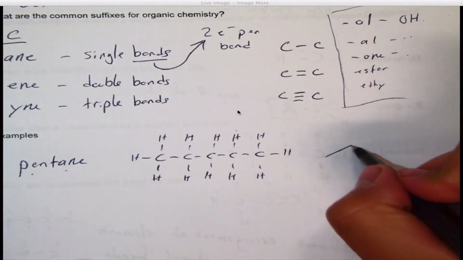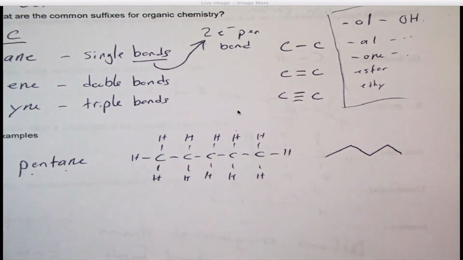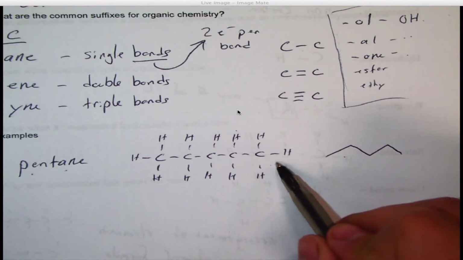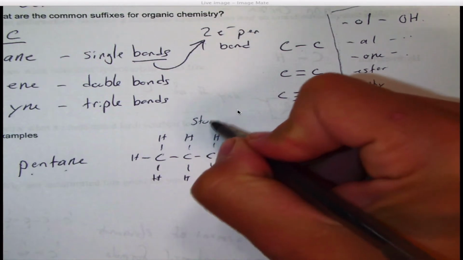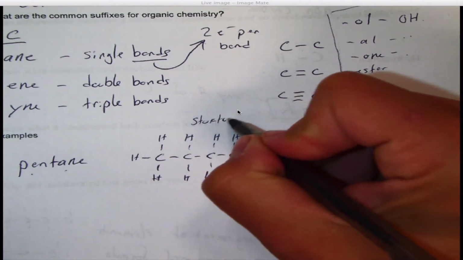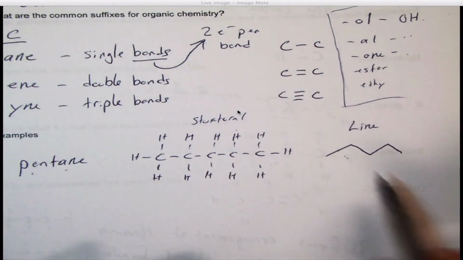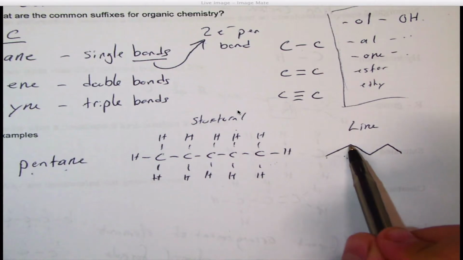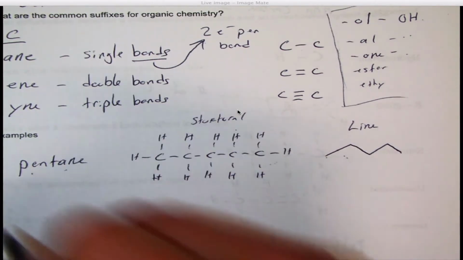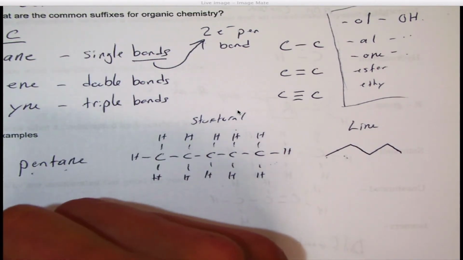1, 2, 3, 4, 5. This is the same as this. This is the line, and this is the structural formula. I have to work on my spelling. Each end of a line has a carbon with some hydrogens attached to it, and you should know how many. And these junctures are going to be carbons too. So if I take it a step further and I go to